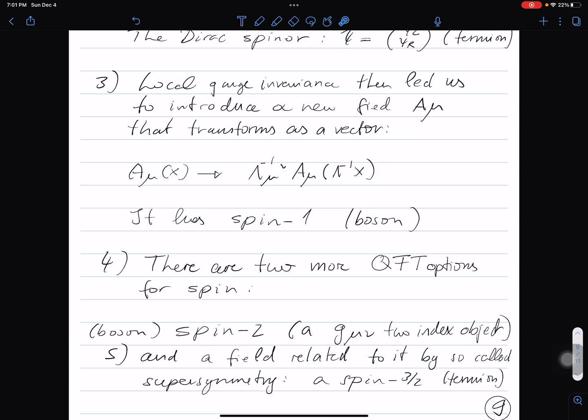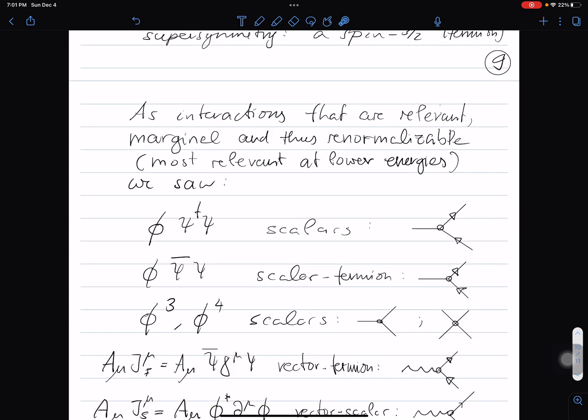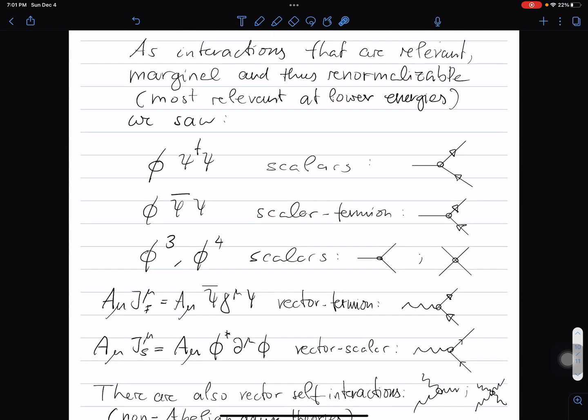This is one interesting result. And another result is: what are the possibilities to make those fields interact with each other? There are not that many either, especially from the renormalizable interactions that are most relevant at lower energies, as we saw. Before hitting something like the Planck scale, we can ignore contributions to physics that come from these highly suppressed operators that are non-renormalizable.